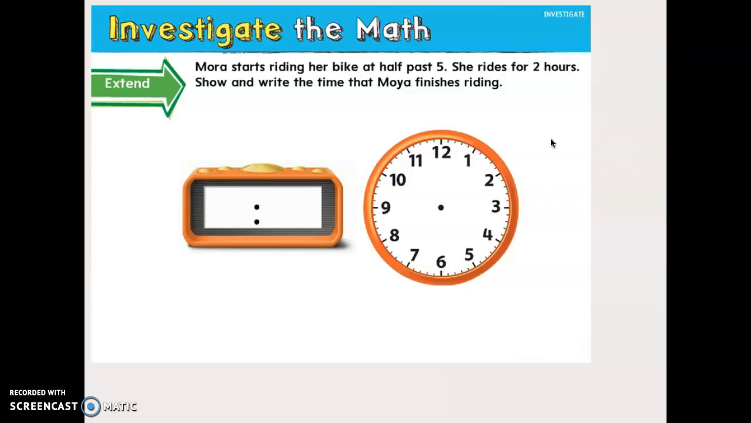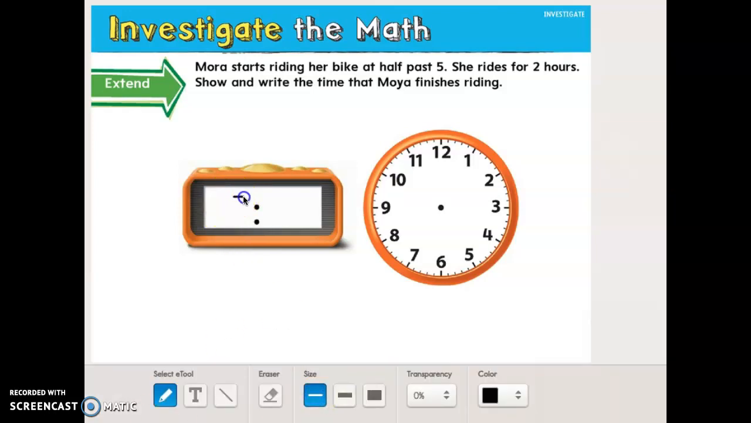Okay. So let's show that on our analog clock and our digital clock. I'm going to start with the digital clock because it's just a little simpler. So if she rides for 2 hours, instead of 5, I have to get my writing pen, it becomes 7:30. And to show that on the analog clock, I have my hands point between 7 and 8. Remember, it's a short line because the hour is short. And then the long hand, the minute hand, oh, nice straight line there, going down to the 6, showing our